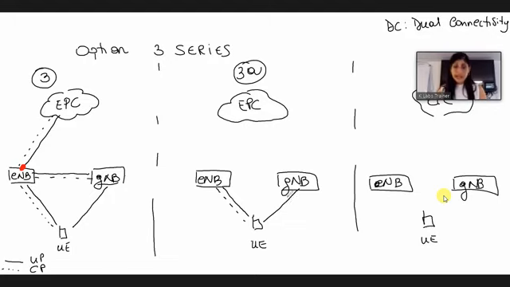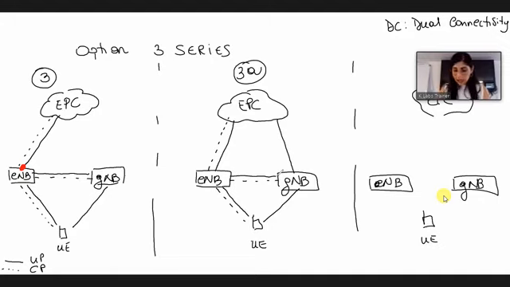Even in this case, it is the eNodeB, not the gNodeB, which is responsible for exchanging the control plane with the core network. But the user plane can be delivered directly to both the eNodeB and the gNodeB. So in this option, we have a direct connection between the gNodeB and the core network for the user plane. And as before, the gNodeB and eNodeB can communicate with each other to exchange information for both user plane and control plane.